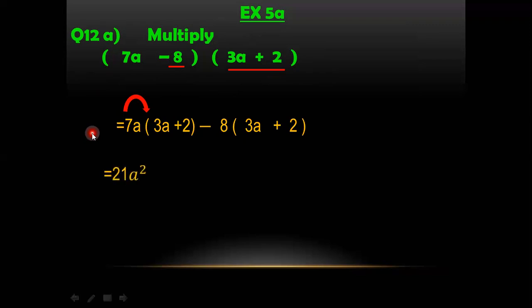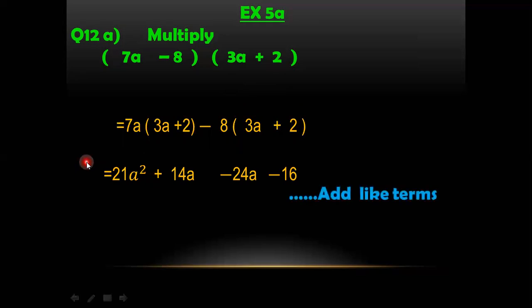It will give us 21a square. A into a, bases are same, powers are added. Then 7a will be multiplied with 2 and it will give us 14a. Now minus 8 into 3a will give us minus 24a, and then minus 8 into 2 will give us minus 16. Now we will combine the like terms. We can see what are the like terms over here. These are